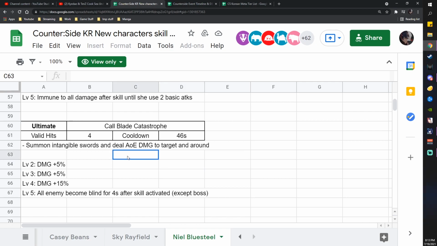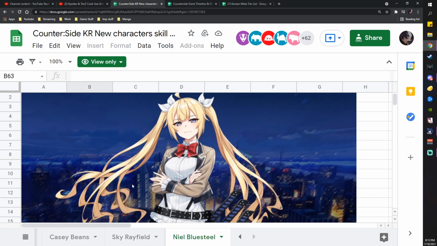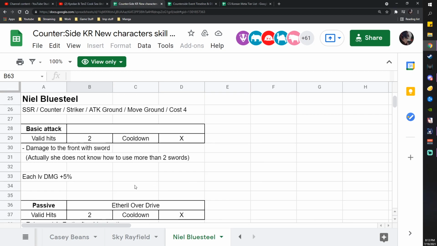Call Blade Catastrophe. 4 valid hits, 46 cooldown, 20% damage. Enemies will be blind for 4 seconds and deals AoE damage. It's a decent character, I think. Honestly,